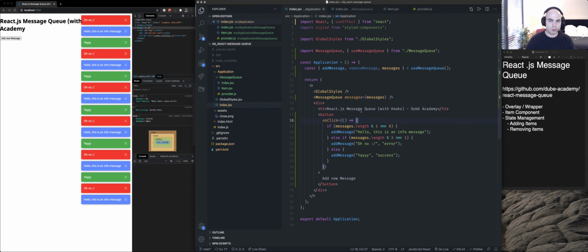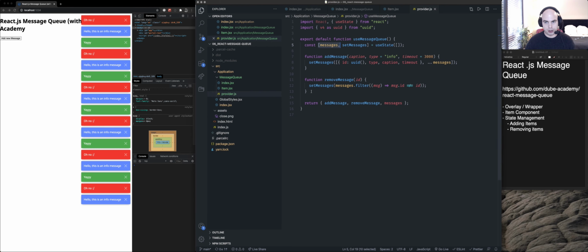Now there's two triggers that we want to have to remove them. One is simply with a timeout, and then the second one is by clicking on it. So let's create the first one. Well, the second one, the button click. Well, the icon click. So we do have the remove message function here, and we simply need to pass an